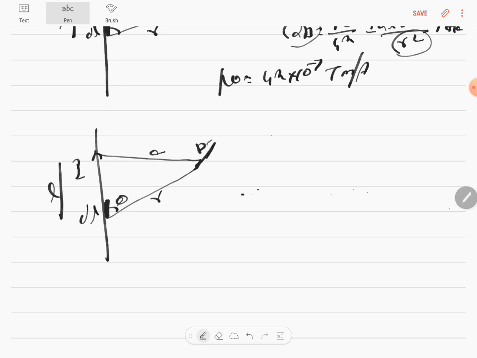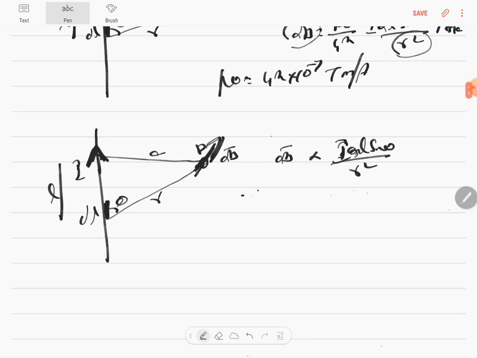The magnetic field will be pointed outwards because the current is flowing in this direction. You keep a thumb pointing in the direction of the current. The curled finger which go inside at this point, which shows the magnetic field is inward, and that magnetic field is proportional to I dl sine theta by r square, where I is the current flowing through the wire, dl is the current element here, and sine theta is the sine of the angle between the current element and the direction which I'm measuring the magnetic field, and inversely proportional to square